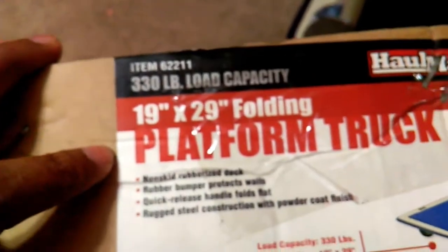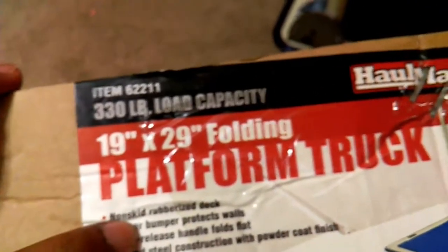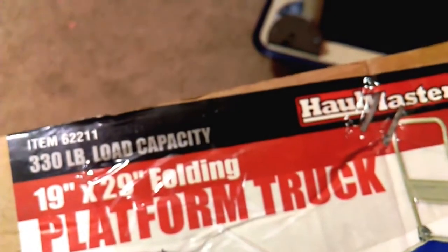And it's easy to assemble. Has a non-skid rubberized deck, and has the rubber bumper to protect the wall, so when you hit the wall or anything, it has the rubber. Has the quick release handle that folds down flat to the surface here,